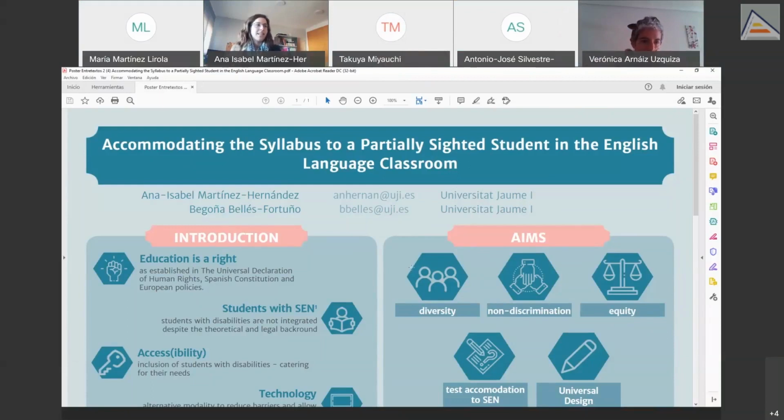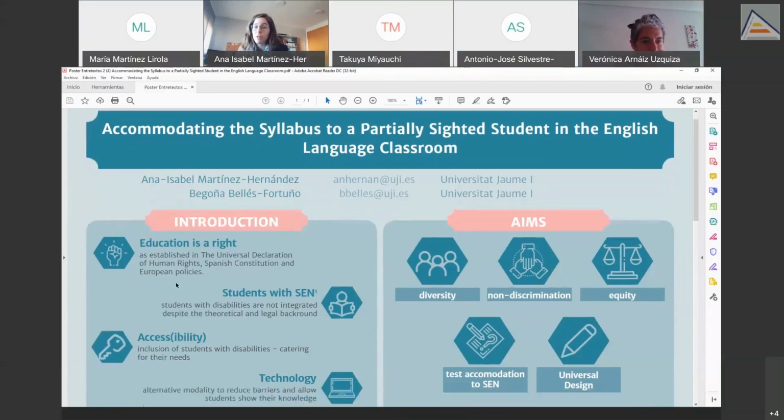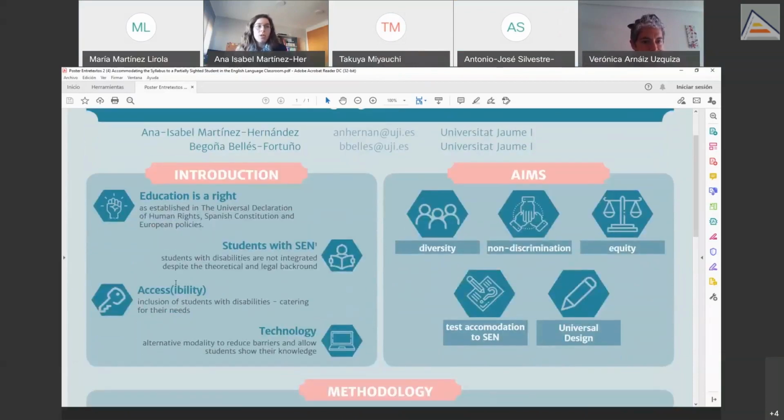Well, this poster, this research is part of an ongoing research that I am conducting along with Dr. Begoña Bellés. And well, what we did was to try to accommodate a typical language test to, as you said, a partially sighted student, because we were not sure of the tools that we needed to adapt that test. So we required help from the